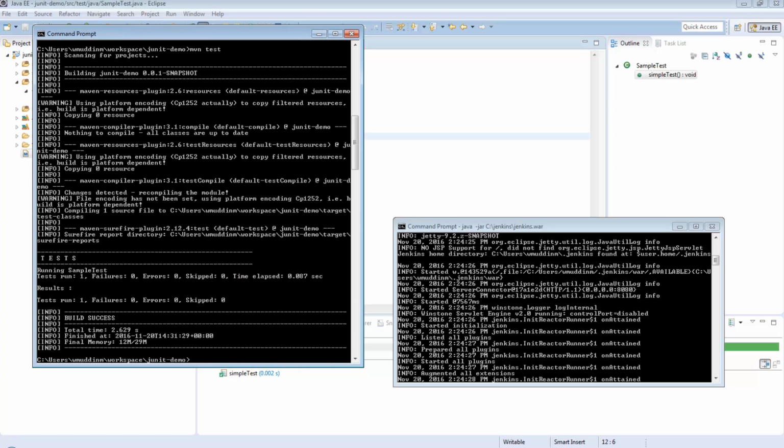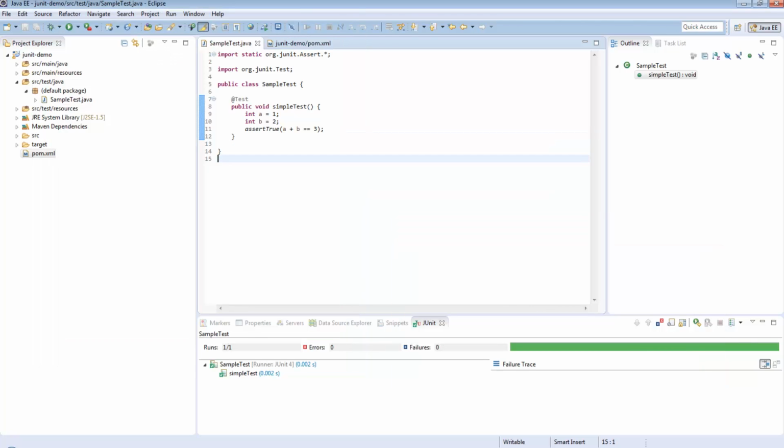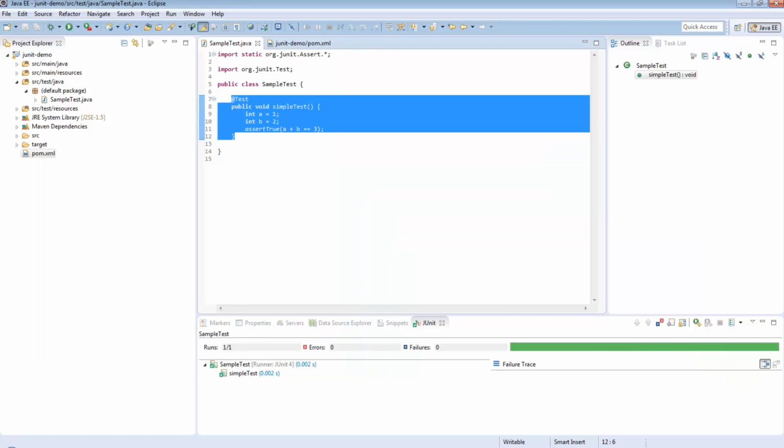So as you can see, it ran the test, and it only found one test, and it was able to see that there wasn't any issues, which is great. This is exactly what we're expecting. So if we go back to our test now and just copy paste this,